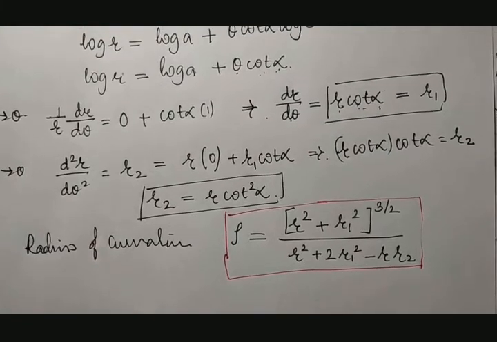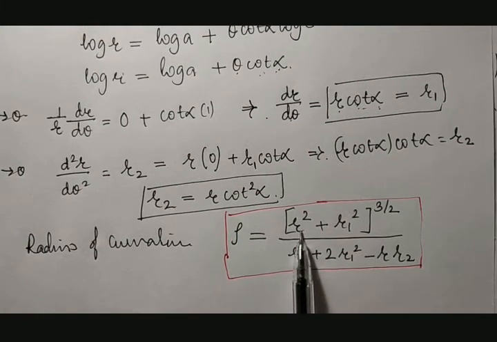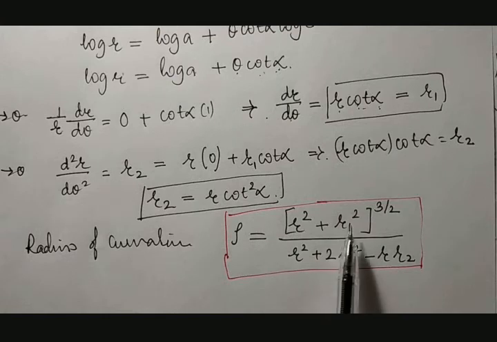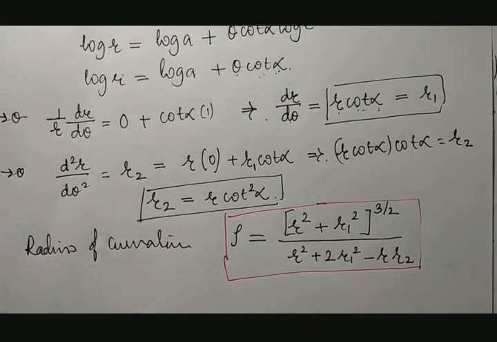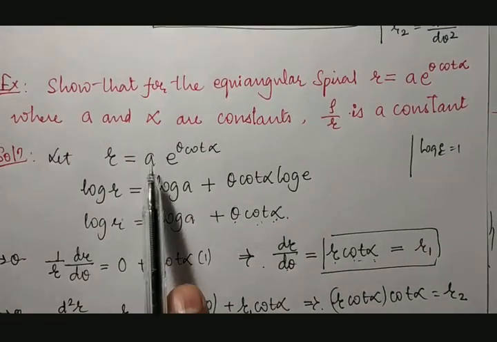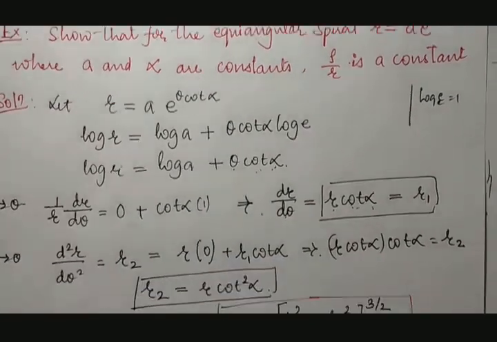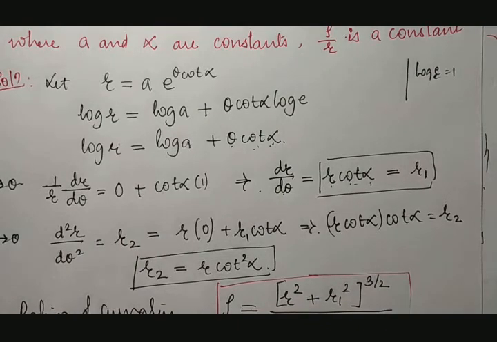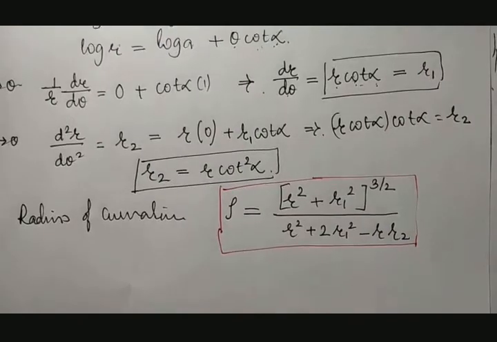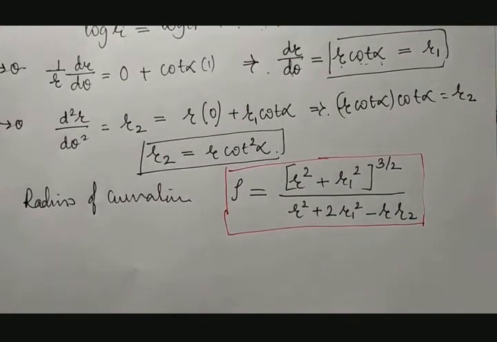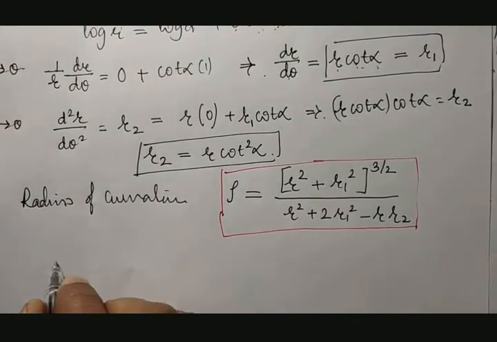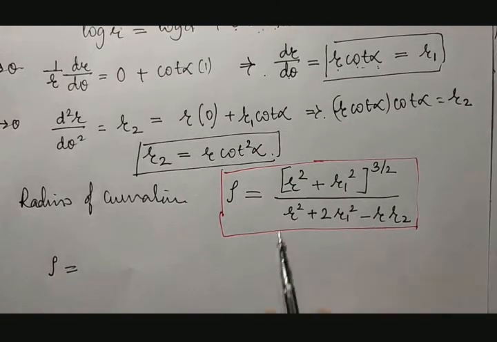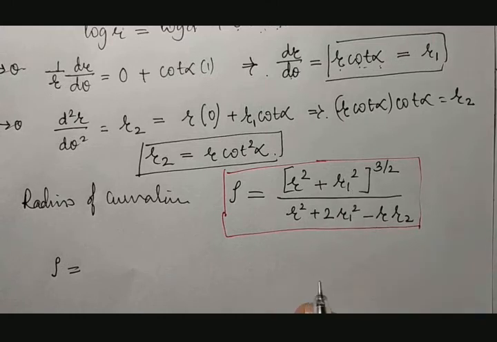But one thing I need to understand: I will not substitute r equal to something, but I will substitute r1 is equal to something and r2 is equal to something, because you can see the given r is a into e raised to something, but our r1 comes with r and something and r2 comes with r and something. So everywhere there is a common point, that is r. Therefore, I'll not be substituting r is equal to something. I'll keep r as r only. Only r1 and r2 will be substituted.